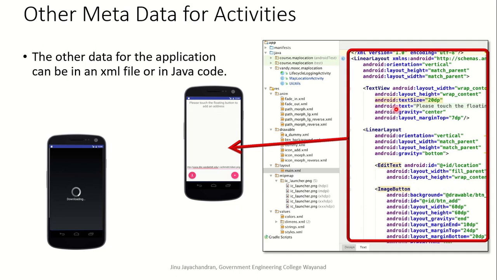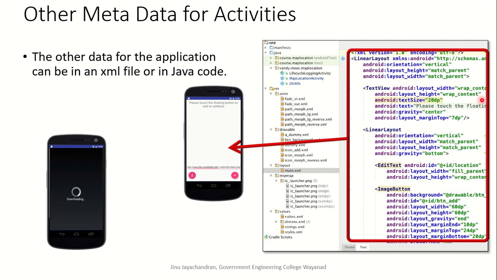So here in this XML file, for example, you have a text to be typed. There is a field called TextView, where a text is typed on the application. It is called a TextView where you are viewing the text. You can edit the text, and in that TextView you say what is the text to be typed.